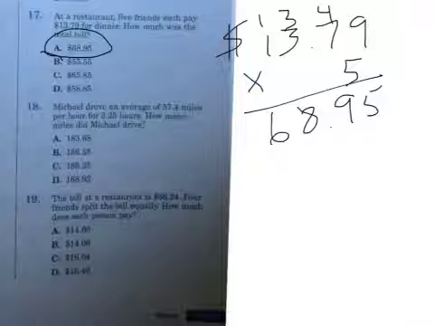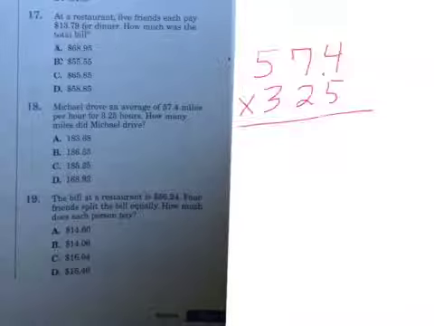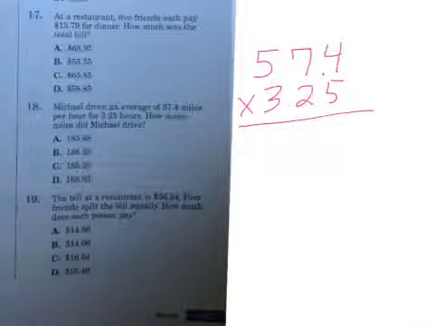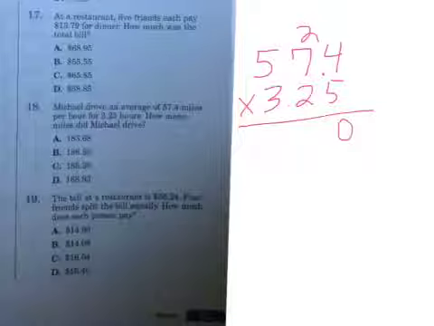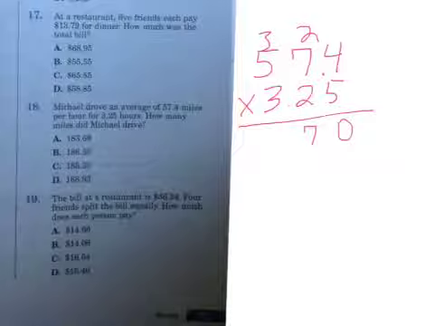Okay, so let's look at number 18. So Michael drove an average of 57.4 miles per hour for 3.25 hours. How many miles did Michael drive? Okay, so let's go ahead and multiply this out. So we'll say 5 times 4 is 20. And then 5 times 7 is 35, plus 2 more is going to give us 37. And then 5 times 5 is 25, plus 3 more is going to give us